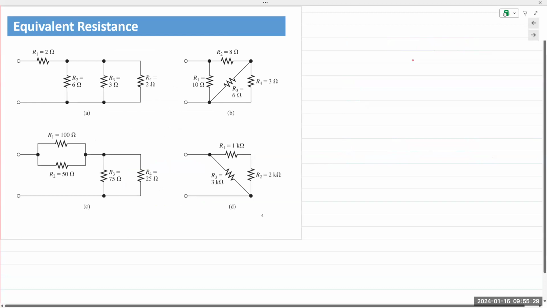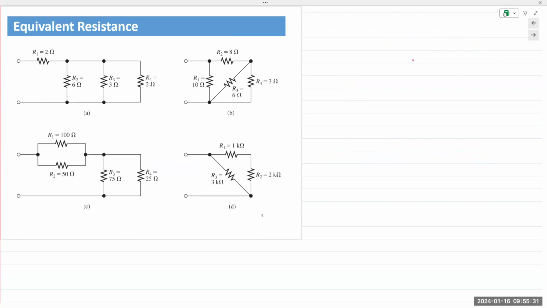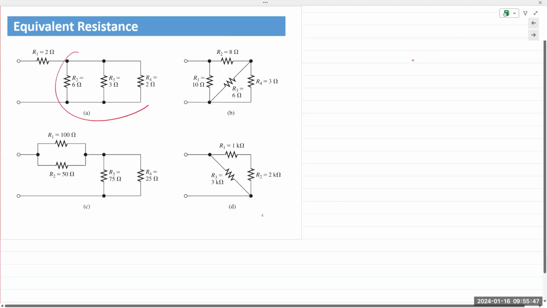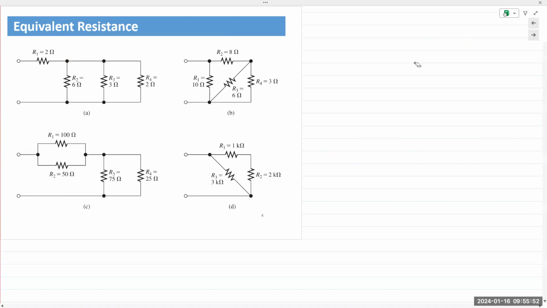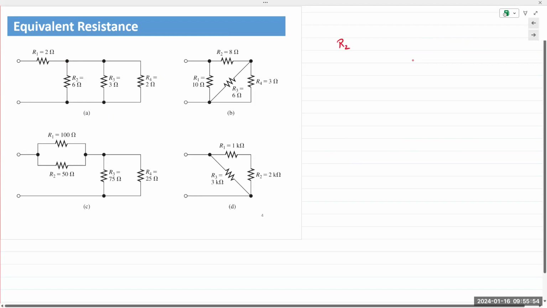Equivalent resistance for these circuits. Never seen resistors connected like this before. Maybe, perhaps. No. So nothing to be worried about. What can we say about these 3? They're all in parallel. Once you find the equivalent resistance for R2 in parallel with R3, which is in parallel with R4,